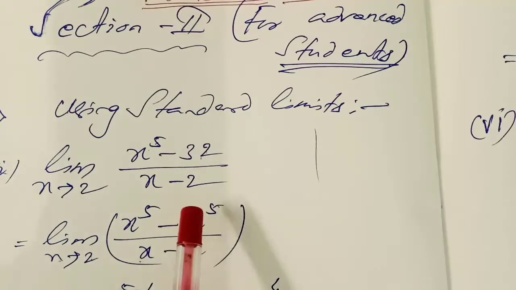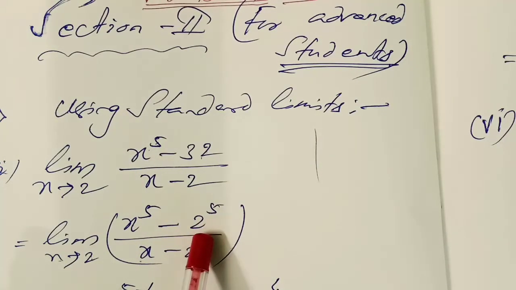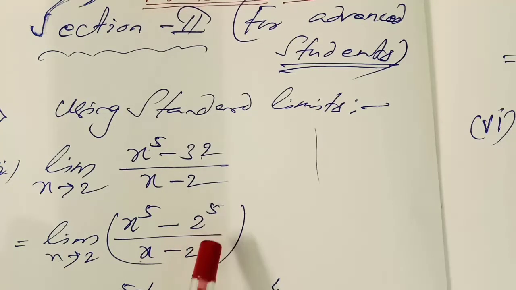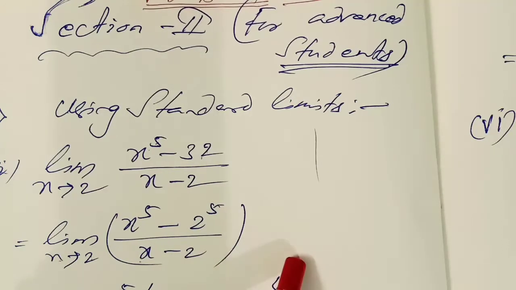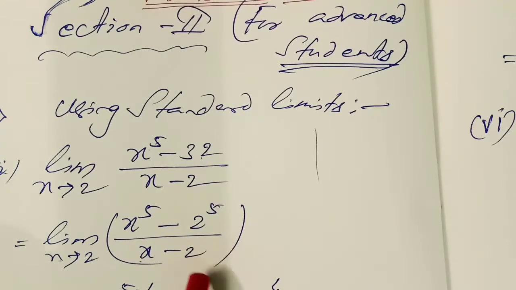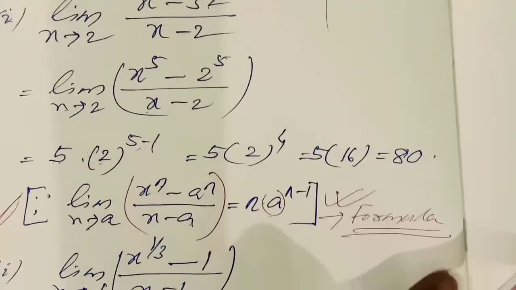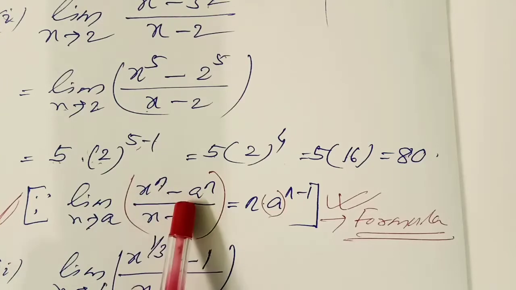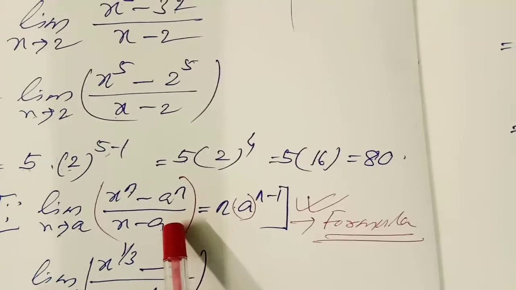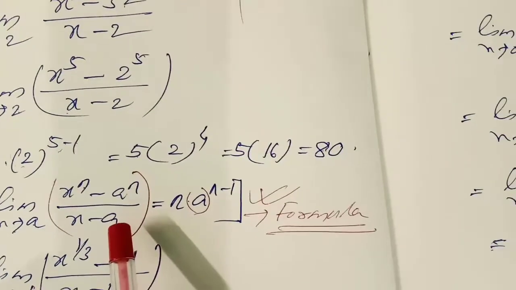This chapter is very vital for class 11 and this will continue up to class BCom also. BCom honors students also have the same chapter. Therefore, this chapter is very vital for 11, 12 up to graduation. Just follow the process of solving using the formula. The formula is clear, I think. Limit x tends to a of (x to the power n minus a to the power n) by (x minus a). The answer is n into a to the power n minus 1. I have written the formula here.